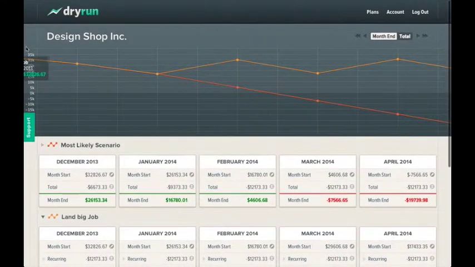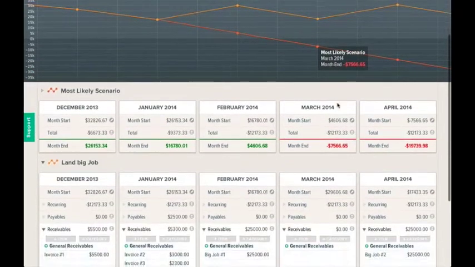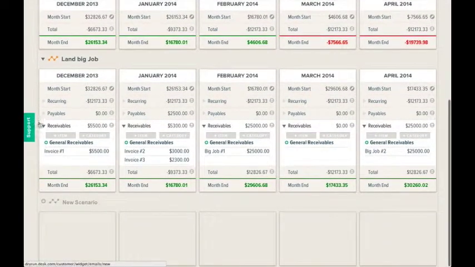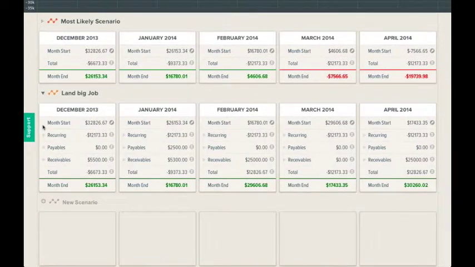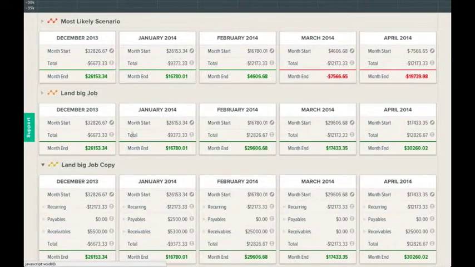Now you can see how our cash flow is really the same coming down here, but when we start getting this big job, we get into the black right away. So that can really tell us a lot about how our cash flow is going to work. Now if I duplicate this land the big job,